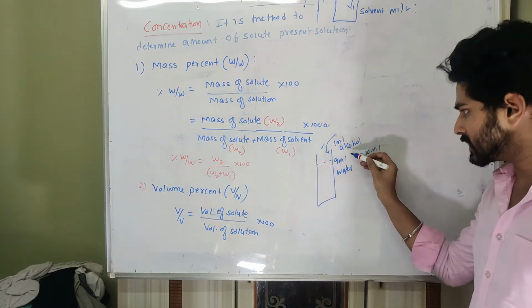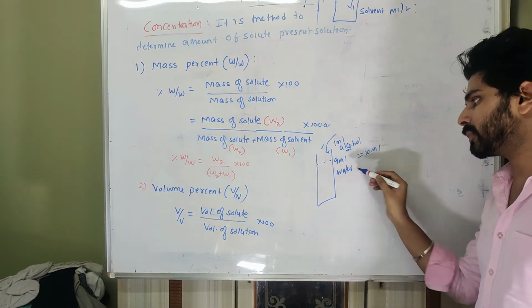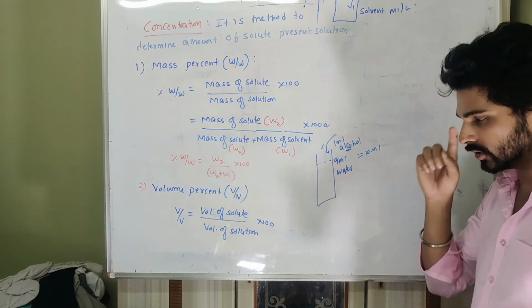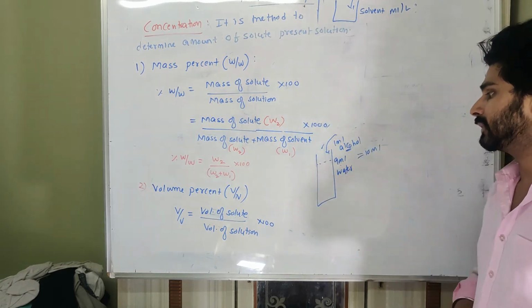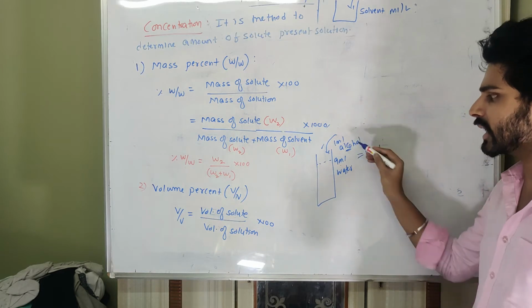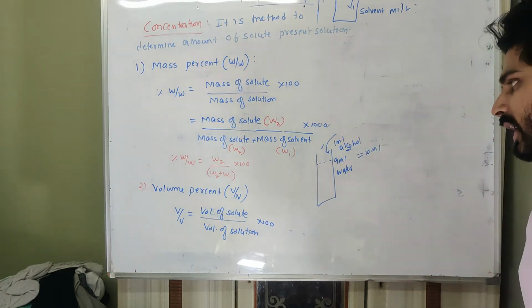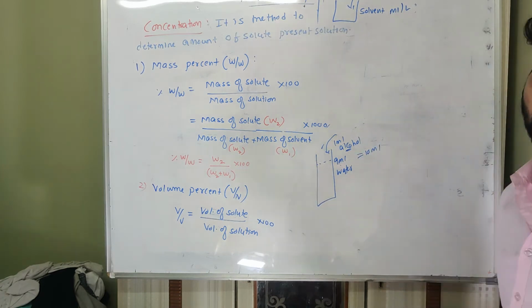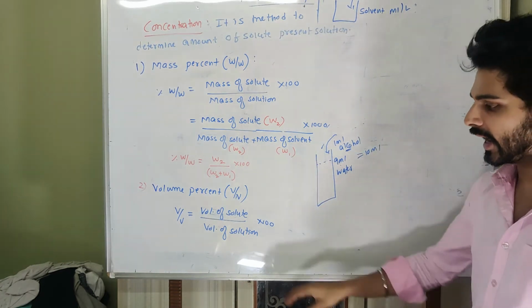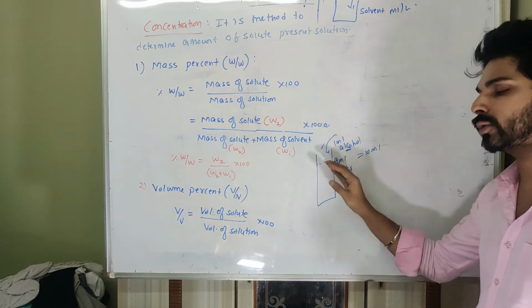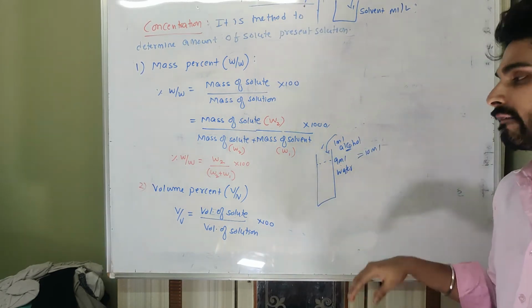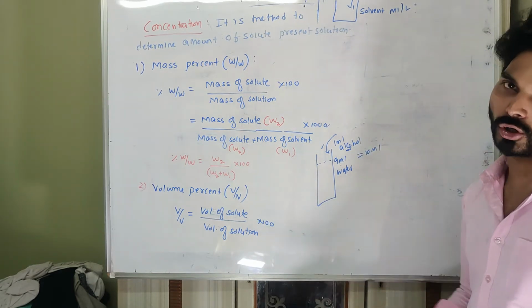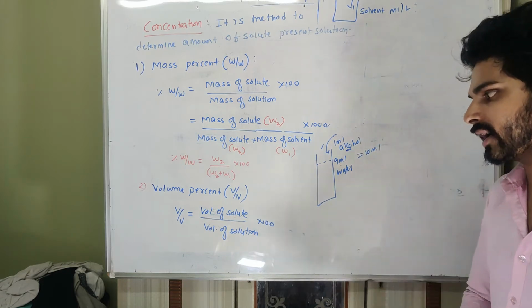To form a solution, you have to add something else. When you add something else, what happens? Its density may not be the same as that of water. And we know water has the highest density; most things have less density. In general, a question can be asked like, solvent A is mixed with solute B, provided their densities are the same. Then can we take the volume of solution as volume of solute plus volume of solvent? Yes, we can. Whenever the density of both components is the same, then we can add their volumes. If the density is not the same, then we cannot add their volumes.